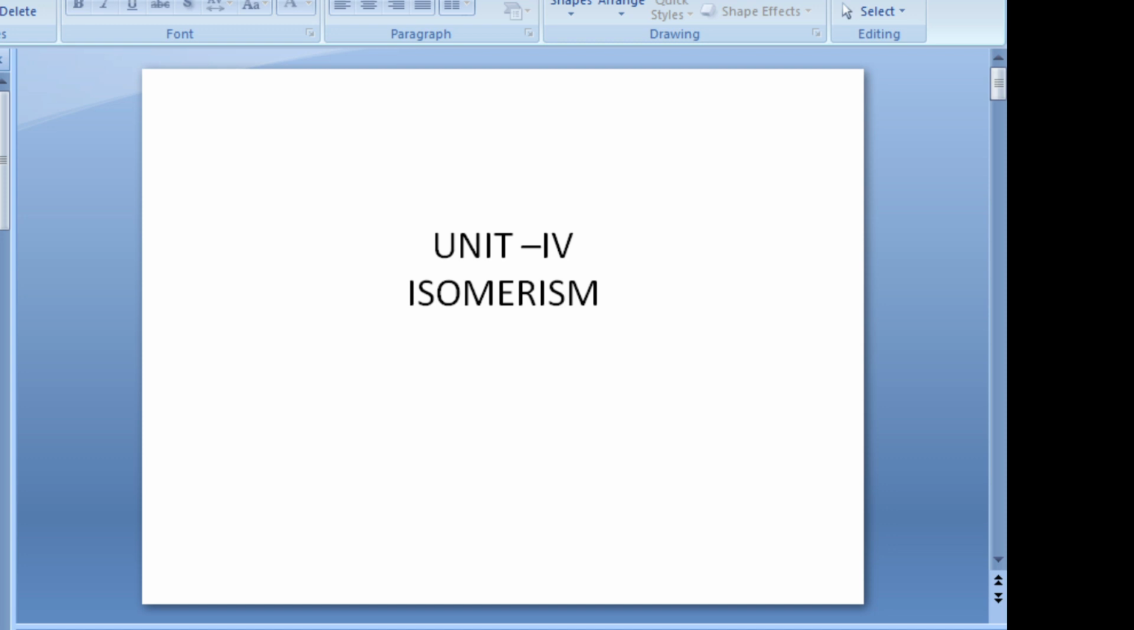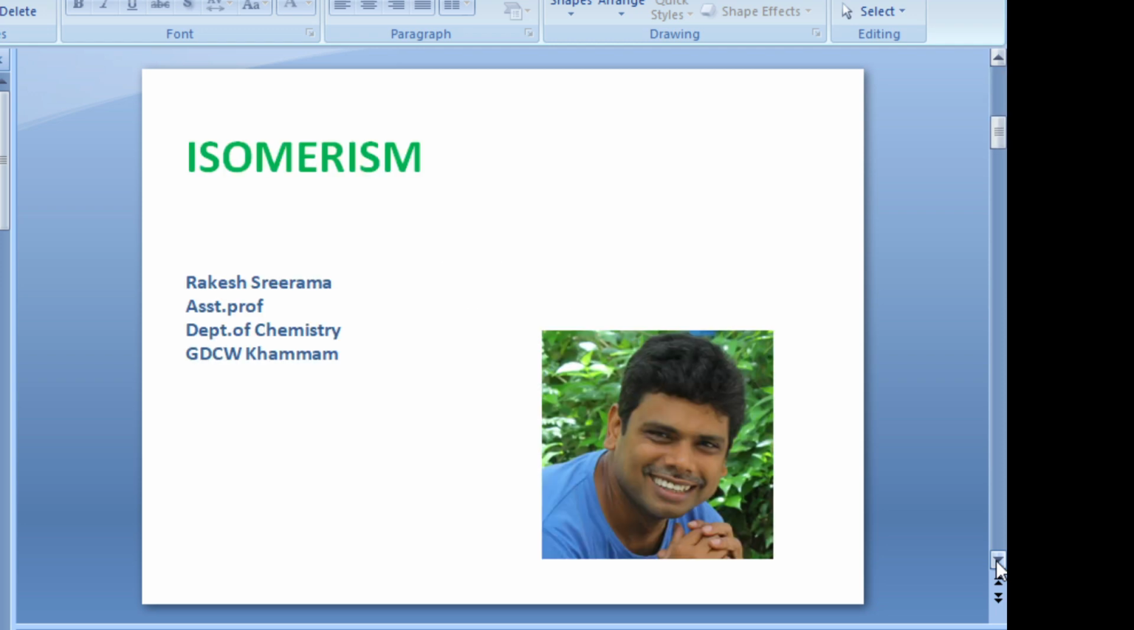As part of the semester 1, we have unit 4, chapter 2, which is isomerism. We are familiar with the word isomerism. We usually see this one in organic chemistry,